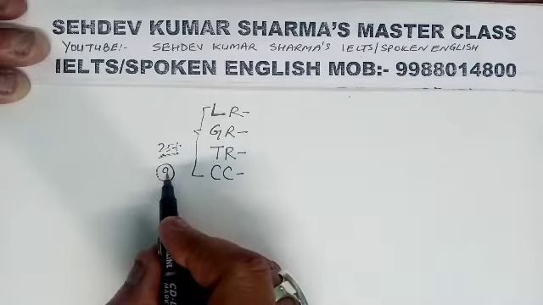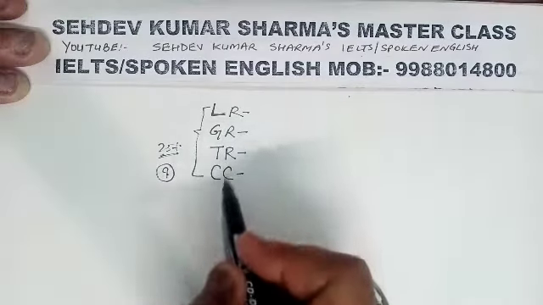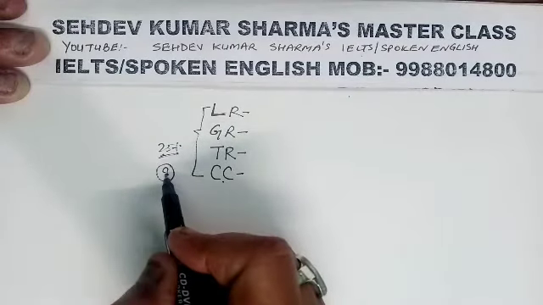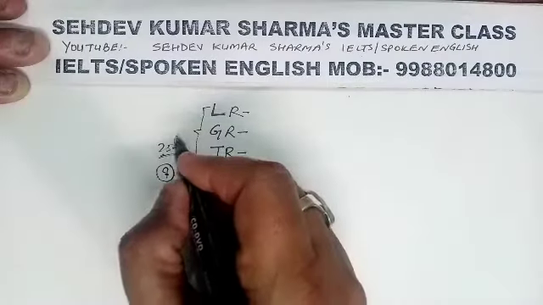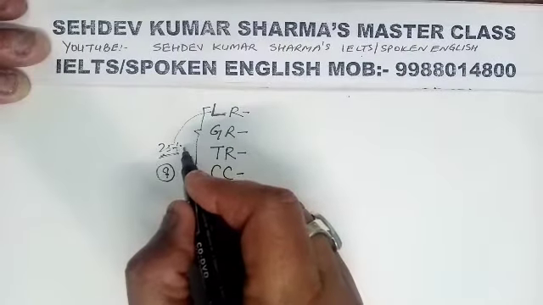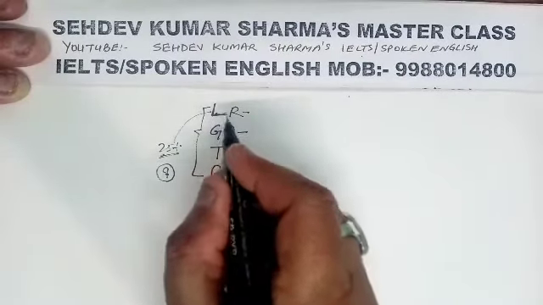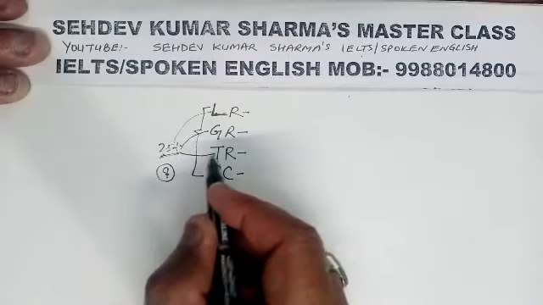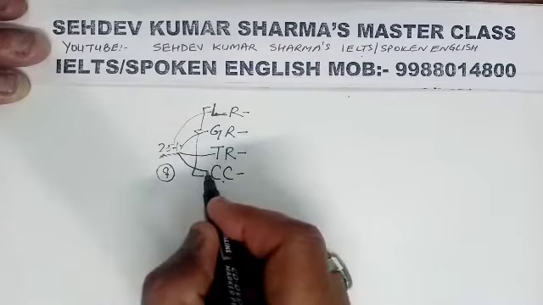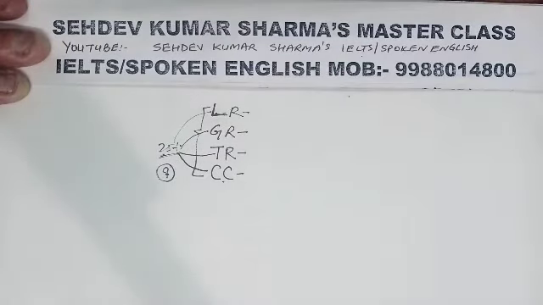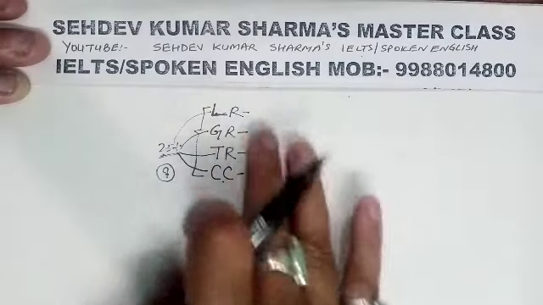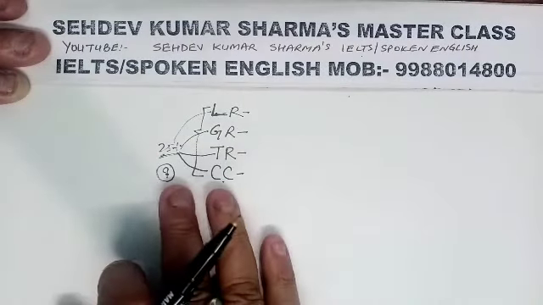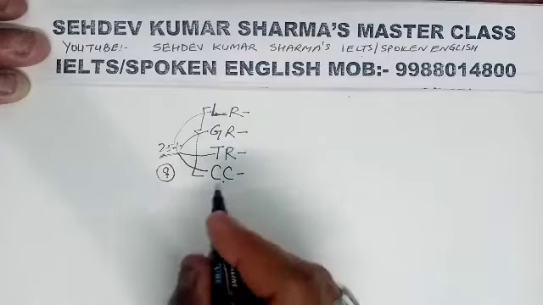So if we divide 9 into 4 different segments, it is 25 each. 25% is your LR, 25 is GR, 25 is TR, and 25% is your CC, right? I will have exclusive videos on all four, and today what I am going to discuss